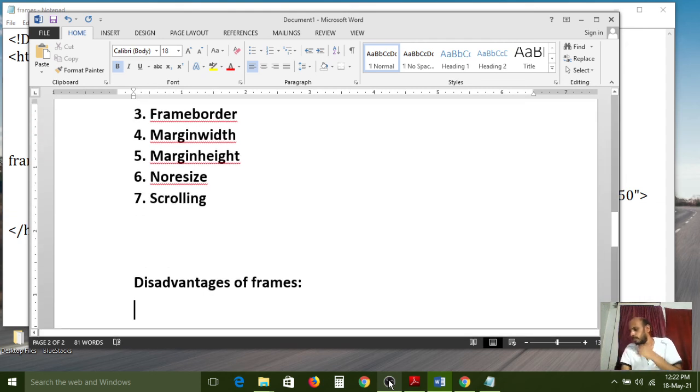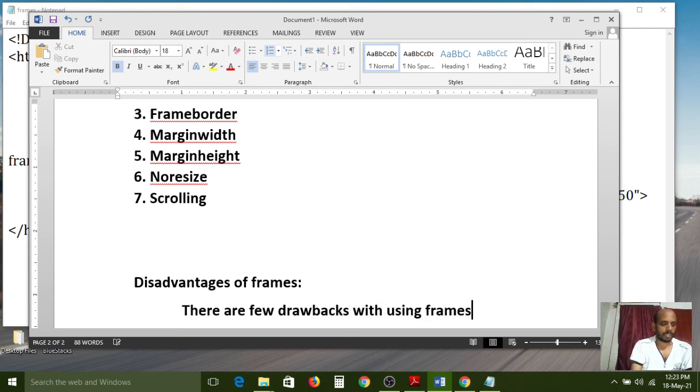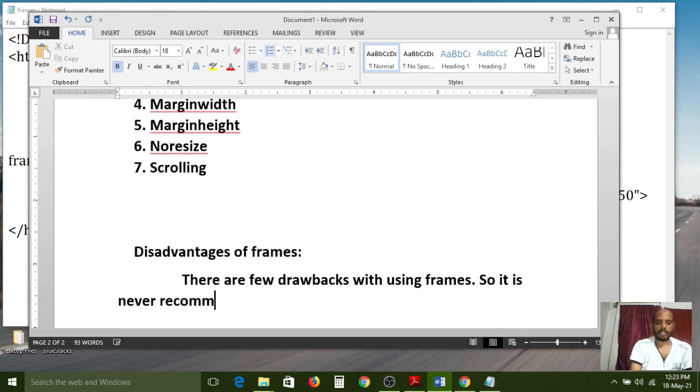There are a few drawbacks with using frames, so it is never recommended to use frames in your web pages.